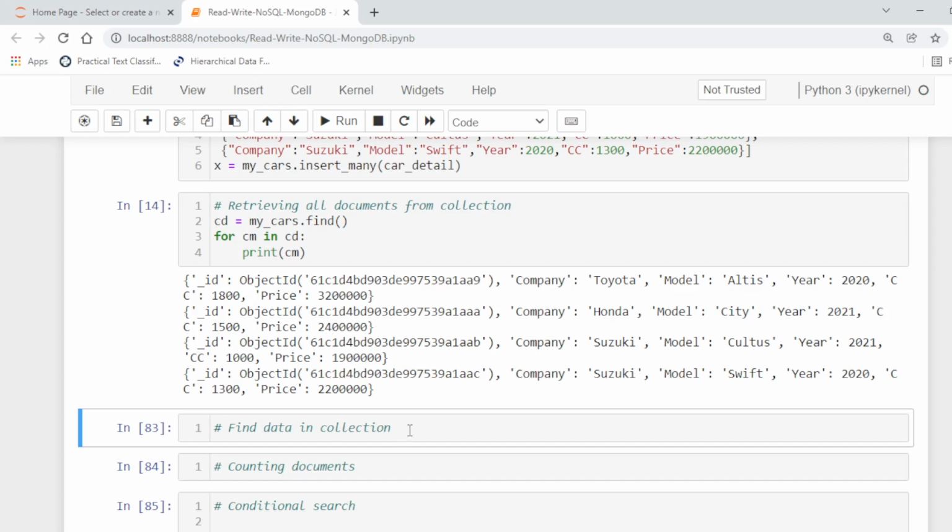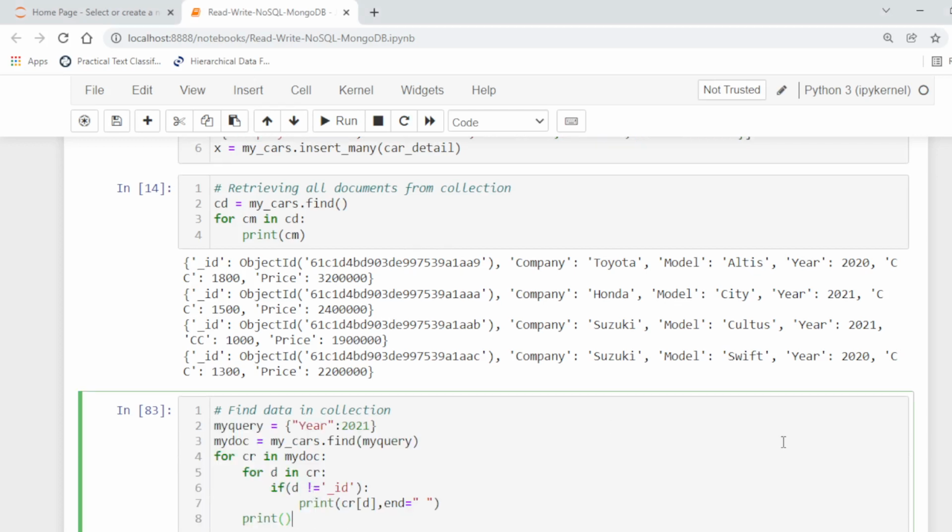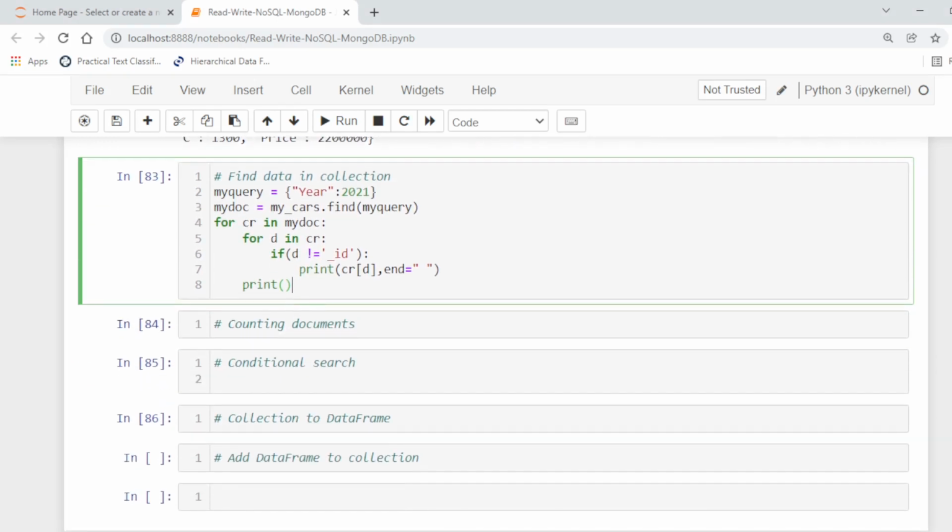Find data in collection. If you want to search for specific data, we can use the same find function to enter queries. For example, here our query is year 2021. We want to display the cars where the year field is 2021.